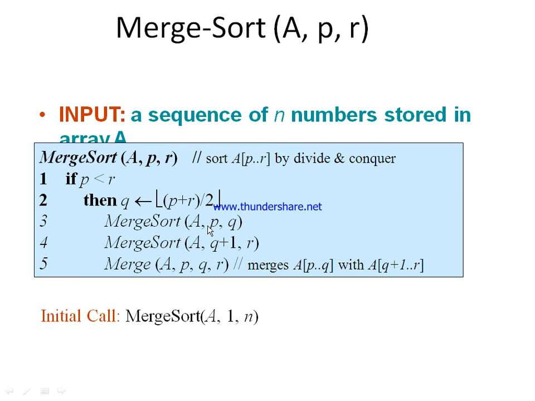Okay, and again you can call the indexes. Again you can call, that is P is 1, Q is 2. You can check again when we are calling this, P is 1 comma 2. So here R is 2. So P less than R, 1 is less than 2. Here you can divide 1 plus 2 by 2.